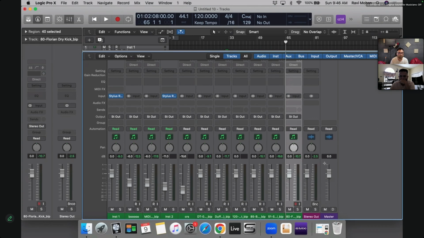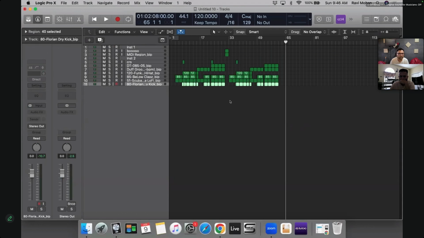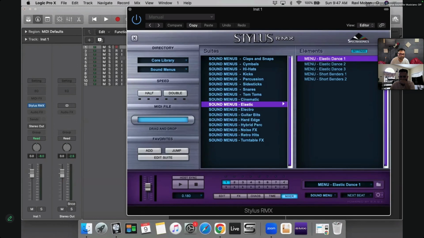That is multi-out. Also we can have multi MIDI out for stuff. For something like Kontakt, it supports up to 16 channels. Something like RMX and Omnisphere supports up to 8, because you can see that Omnisphere and RMX both have these 8 channels. And they can be separately mapped to different outputs.